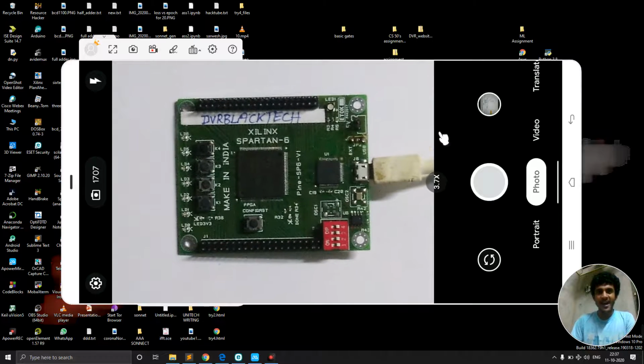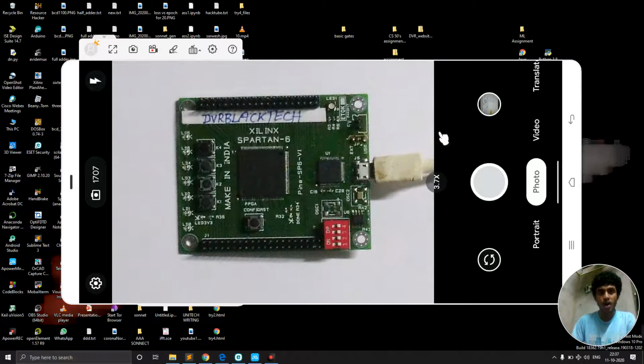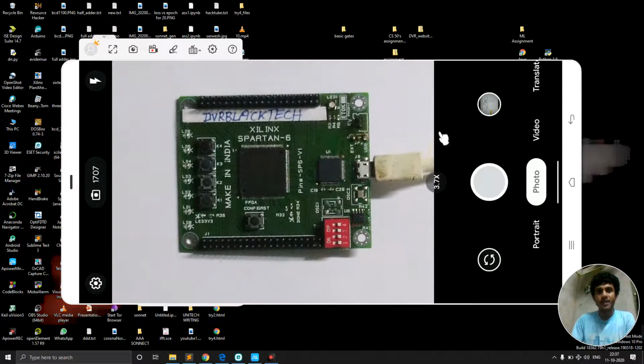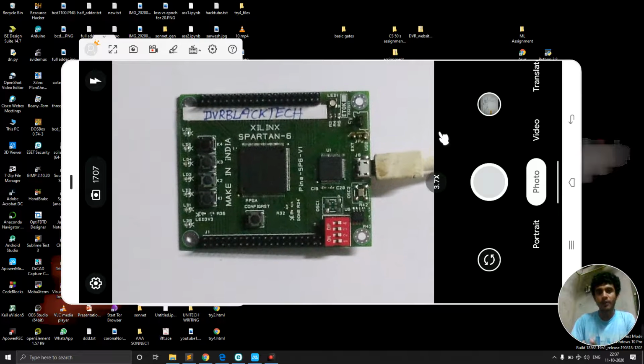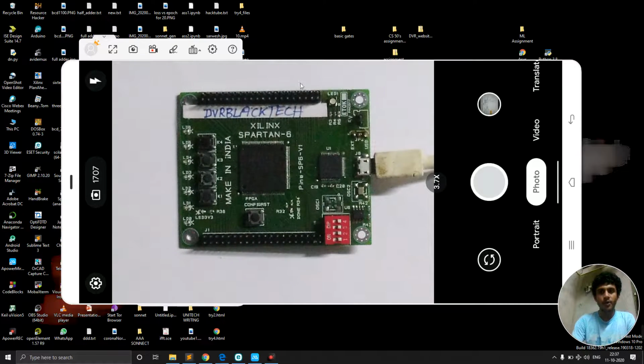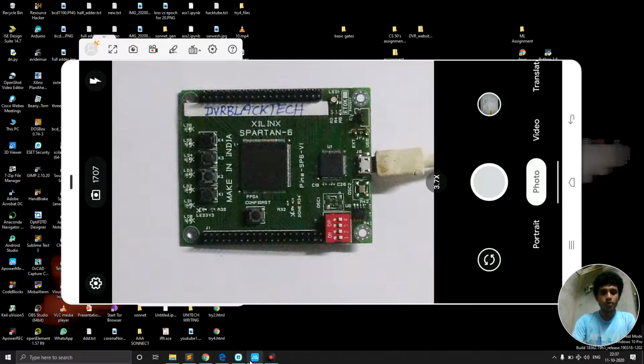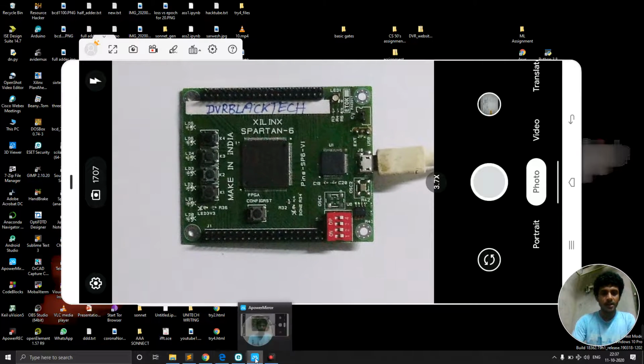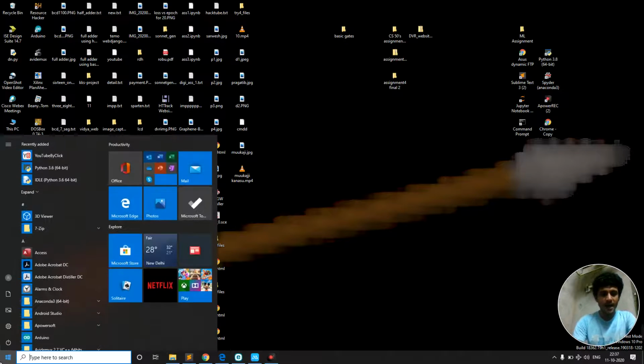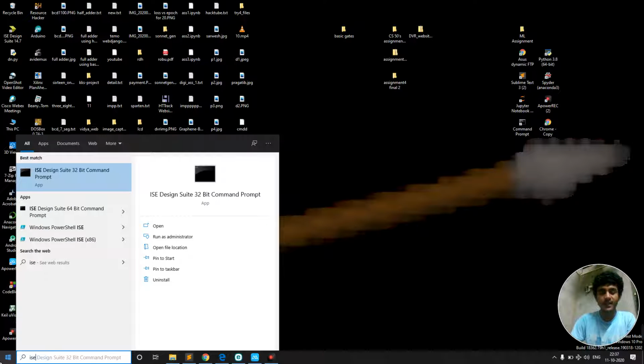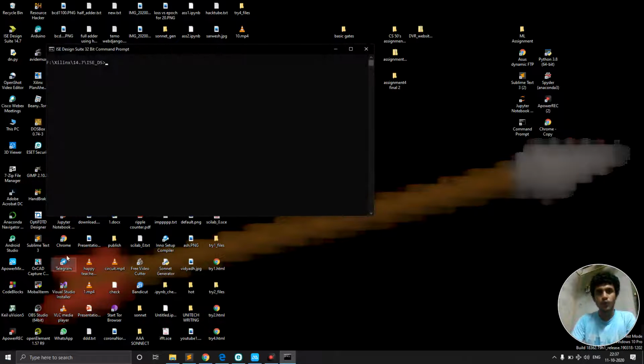Now we are going to learn how to implement all the basic gates, the major three basic gates AND, OR, NOT, in our FPGA board, that means by using Verilog. So for that, first of all, we just need to go to the search and type ISE, because we are using the ISE tool for writing the program, implementing it to the board, and even for the test bench. So just type ISE